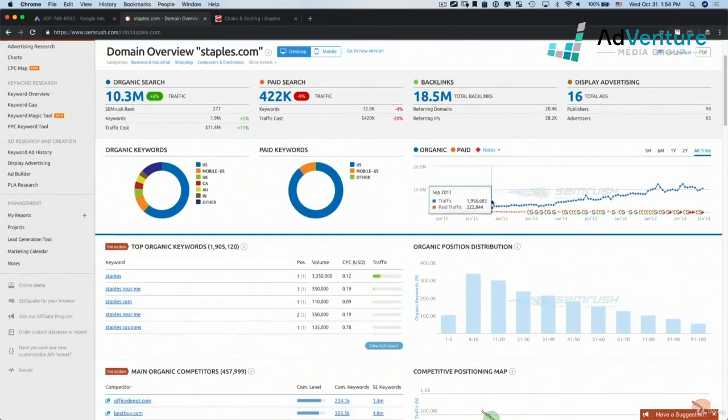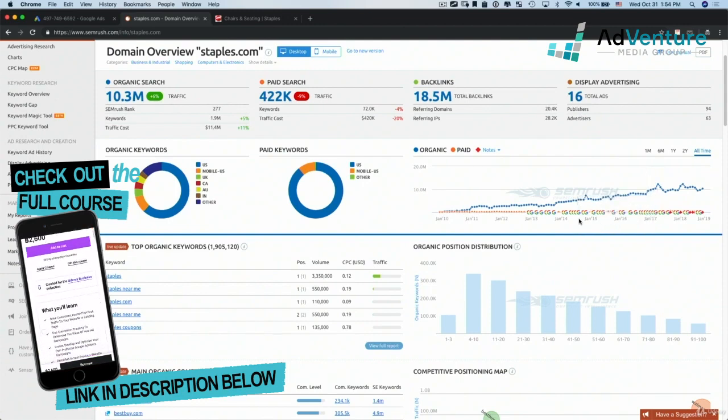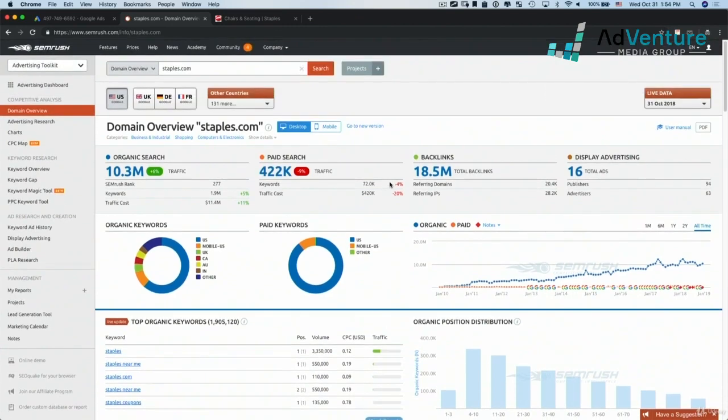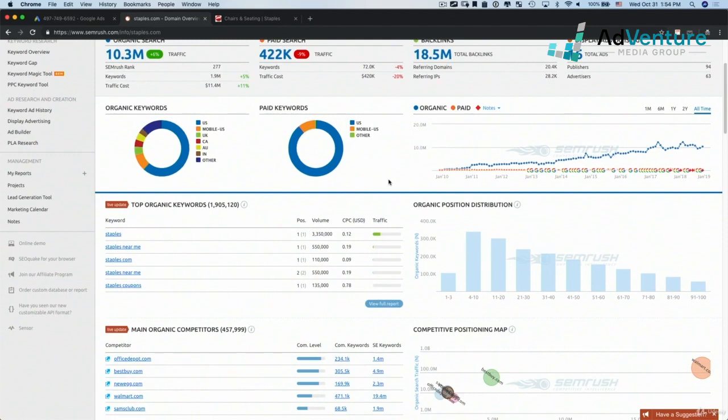You see that Staples seems to have been growing in their organic volume, but staying pretty static with their Google Ads volume. And again, these are real serious estimates. We have a lot of clients that we manage these campaigns for. We know exactly what their volume from Google Ads is, and we come in here and we see that they're either seriously undershooting or seriously overshooting the traffic estimates in SEMrush. So I'm not bashing SEMrush, it's a great tool, but you have to understand that certain metrics are not reliable,